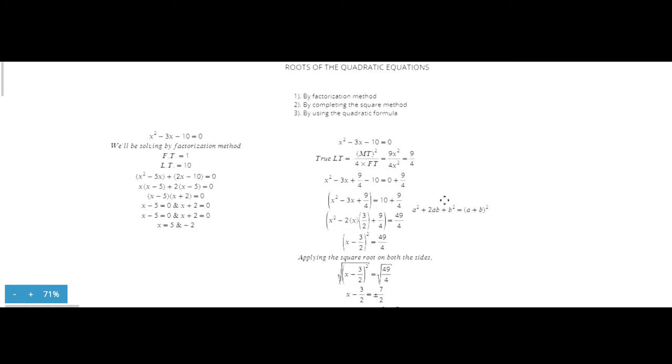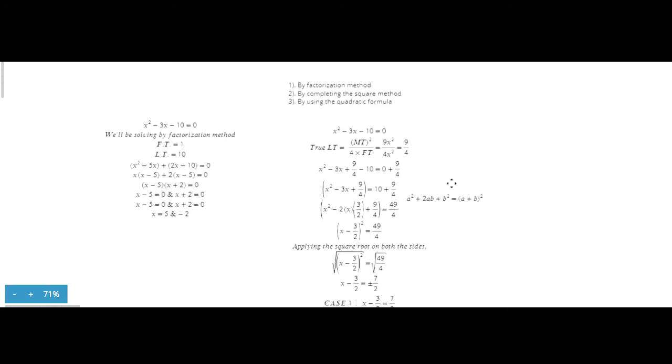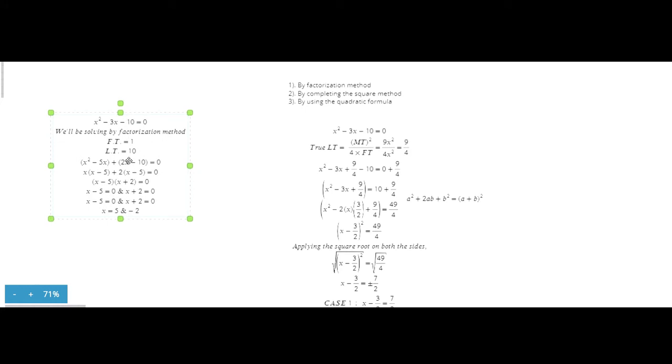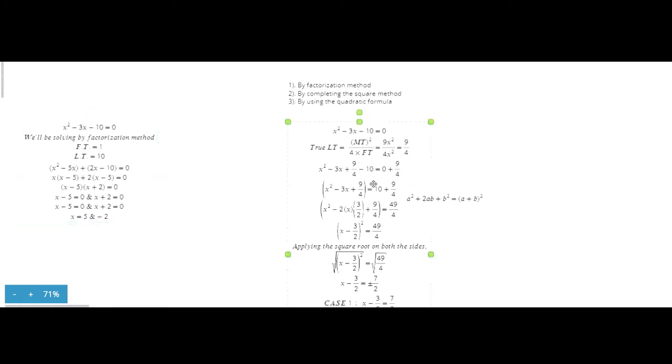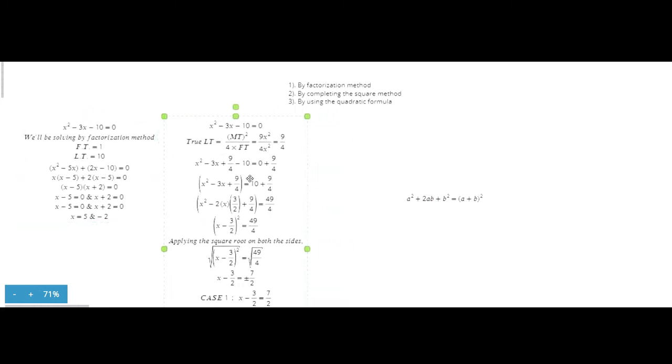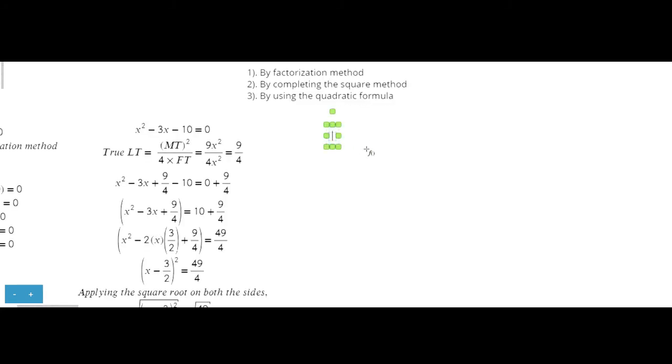And now the last method, which is by using the quadratic formula. So I'll just shift my work somewhat here. Okay, now I think this identity is not needed, so let's erase it. Okay, and now let's arrive at the third case, where we have to find the roots of the equation using the quadratic formula. Now, the quadratic formula is,